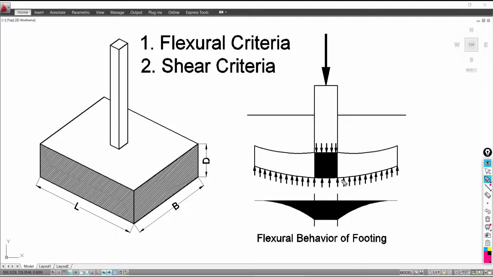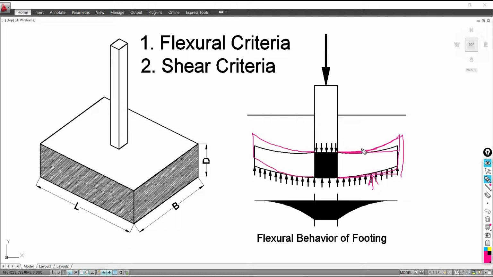So the dominating reactive force will be the pressure exerted by your soil mass. So it will be dominating, and due to that, this upward soil pressure is trying to bend this cantilever portion of the concrete slab in upward direction. It is going to be deformed in this upward direction like this. Same behavior is going to happen on this left hand side, so it is going to be deformed in this direction.